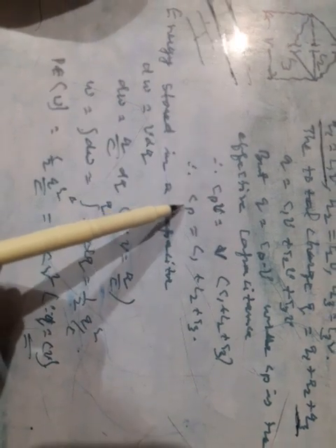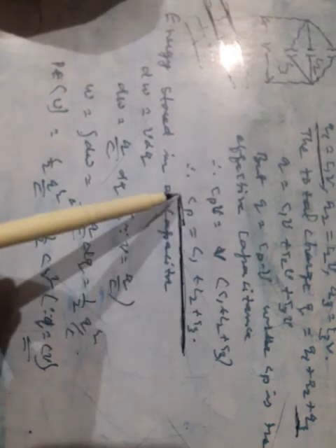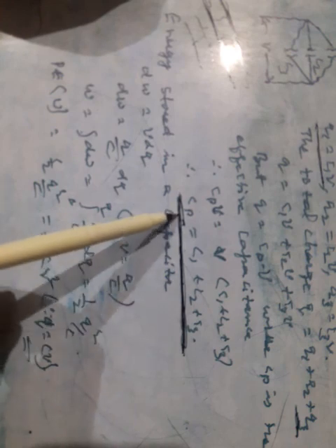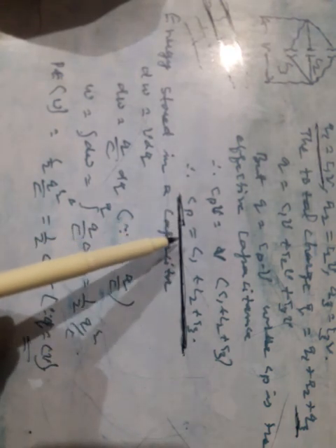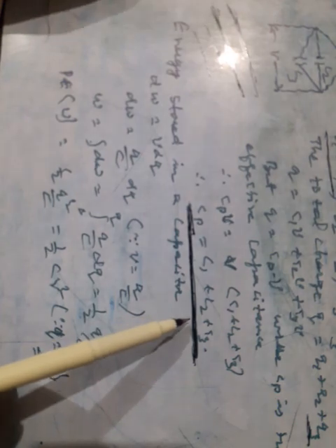Now, capacitance. Here the effective capacitance in parallel is Cp equal to C1 plus C2 plus C3. You will observe it is just opposite of resistance in series. While you studied in class 10, you studied resistance in series and resistance in parallel. Okay, but in this case it is just opposite. I will teach you later in the electricity chapter. There is also in class 12 syllabus, resistance in series and resistance in parallel.